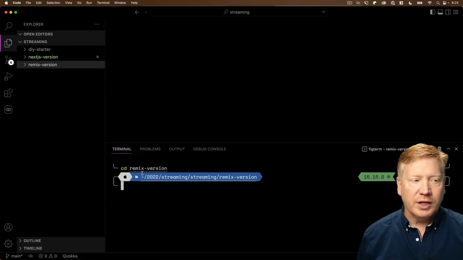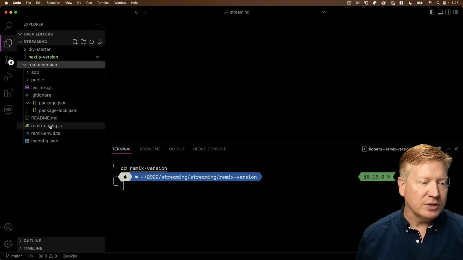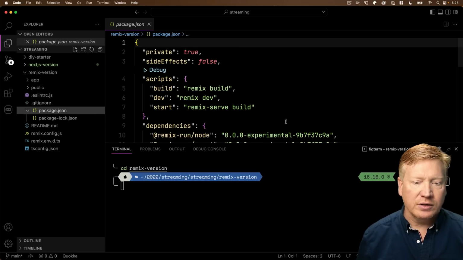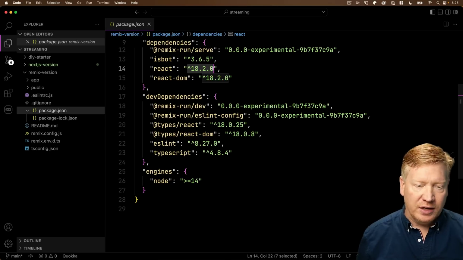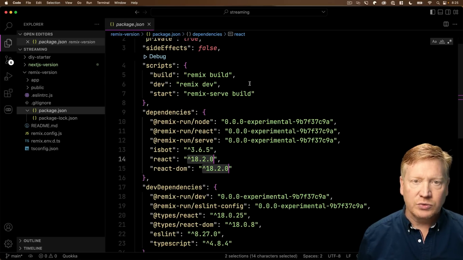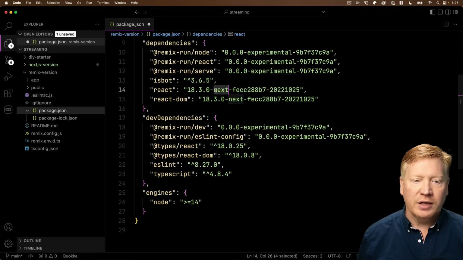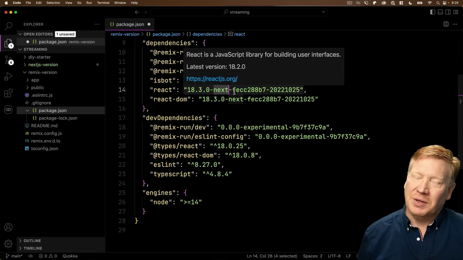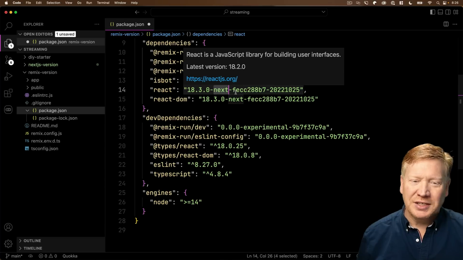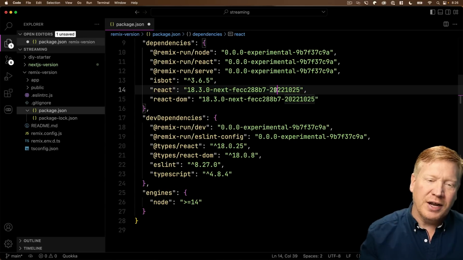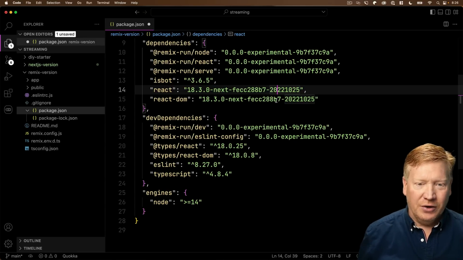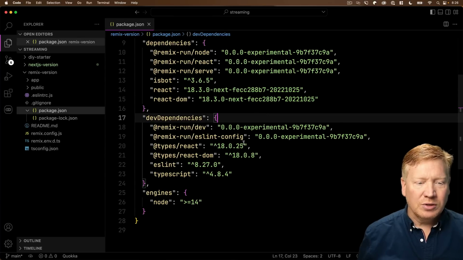Now, one thing I want to do before I get into this is I actually want to change out the React version. So the React version that comes out of the box here is 18.2, and I want to be on a version of 18.3 that has use. So I'm going to go and replace those with an 18.3 branch that is on the next release. That's not Next.js, that's just the next, essentially, release. And on this day and those days forward, now we have use. Okay, so let's go back into our terminal